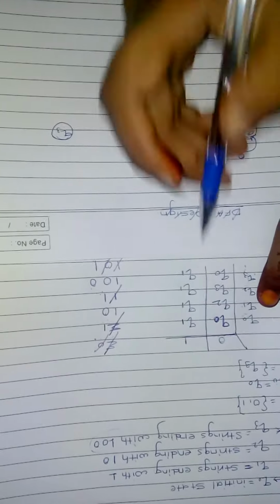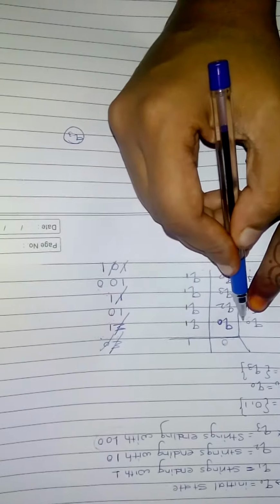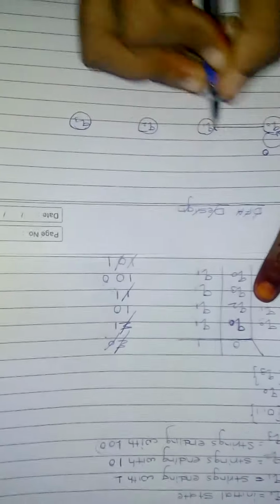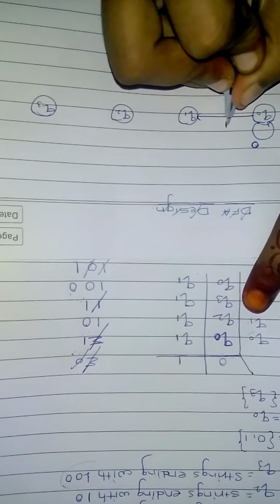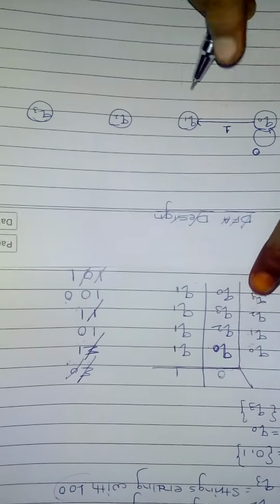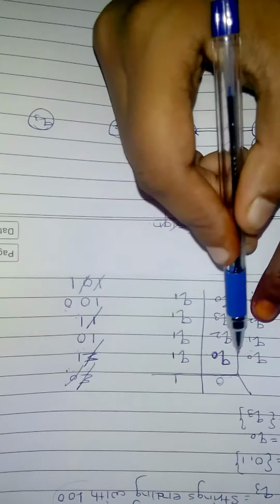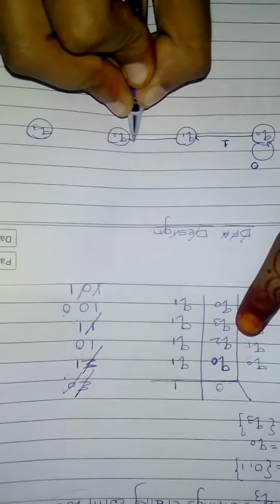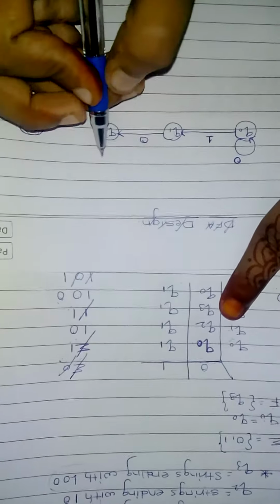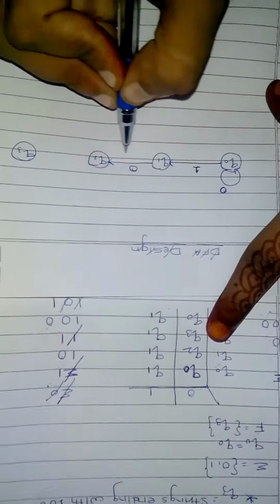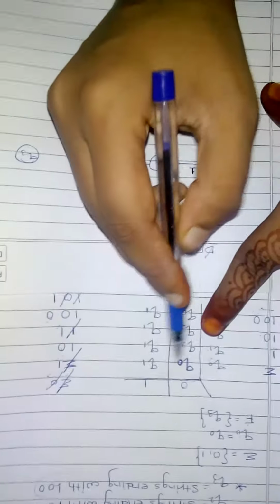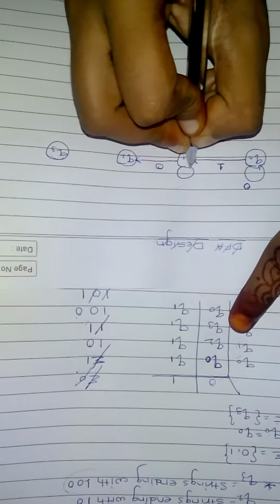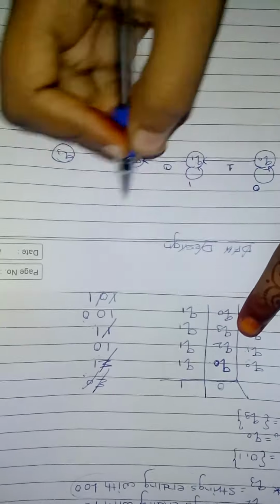Okay, now if we give 1 input to q0, where does it go? It goes to q1. So I'm going to take this input to q1 as 1. Now for q1, if we give 0 input, it goes to q2. So I'm going to draw this and take 0 as input from q1 to q2. Now for q1, if we give 1 input, then it goes to q1 itself. So I'm going to draw a loop here and take 1 as input.